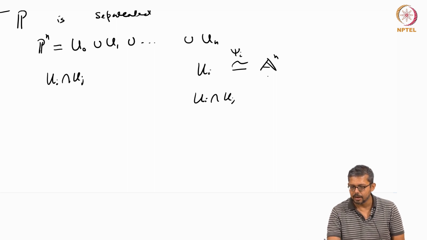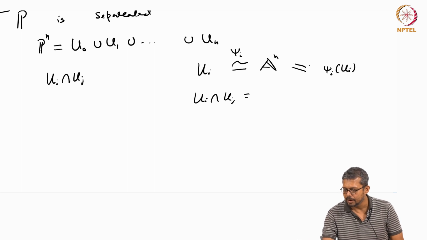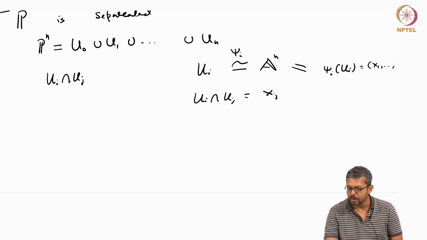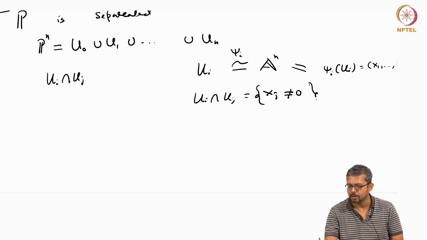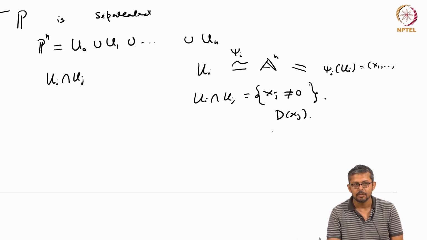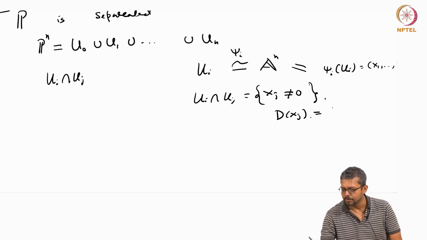But now what is Ui intersection Uj? In this, it is xj not equal to 0, right? If you identify psi I of Ui with An, and say this is x1, x2, xn, then Ui intersection Uj is nothing but the open subset xj not equal to 0, which is nothing but D of xj. But D of xj, you know, it is affine, because D of f, the complement of a hypersurface in an affine variety, is isomorphic to V of